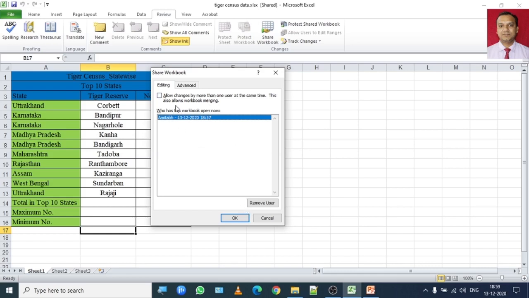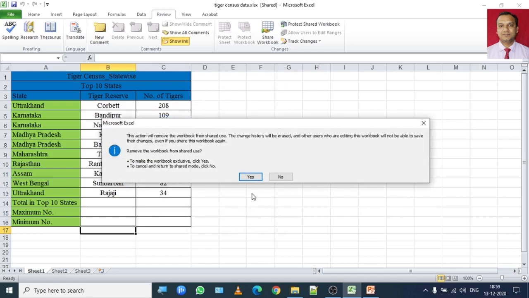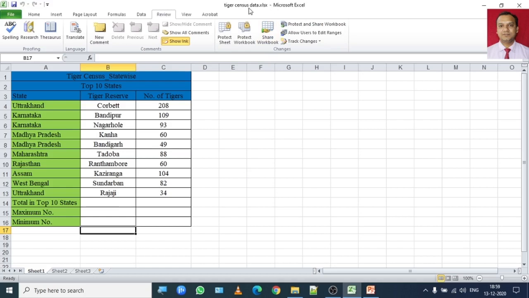Once you're okay with the settings that you made on this particular file, you simply click on OK and you will get a warning message once again, because now you are removing the sharing access of this workbook. So of course you are going to click on Yes to stop sharing. Once you click on Yes, the sharing option of this workbook is gone. So I hope it's very easy and you come to know when and how you can share your workbook in a shared network or across the network.